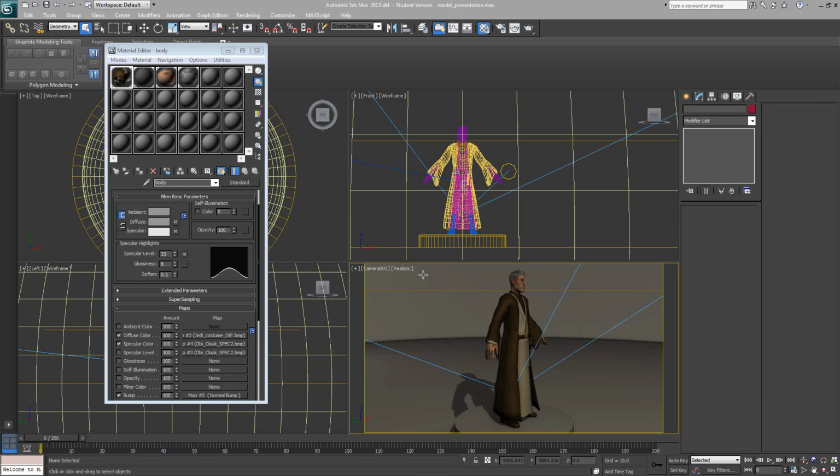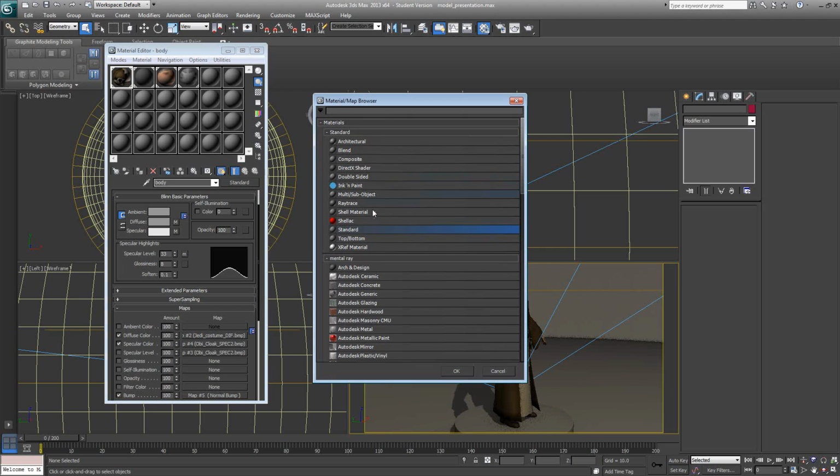Okay, so the next thing we're going to set up is the wireframe version of the character. Now we're going to keep the scene basically the same. All we need to do is change our materials. This is because we want to have the wireframe and the textured mesh together. So to do this, if we select the first material here, the body, and go to standard,